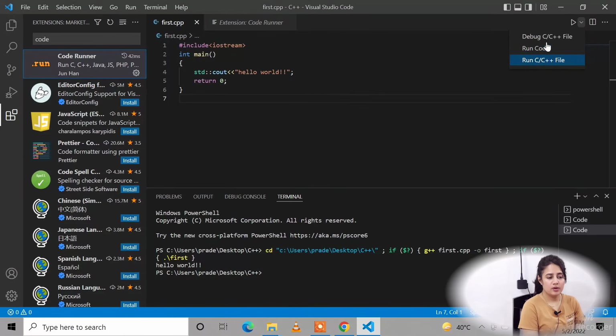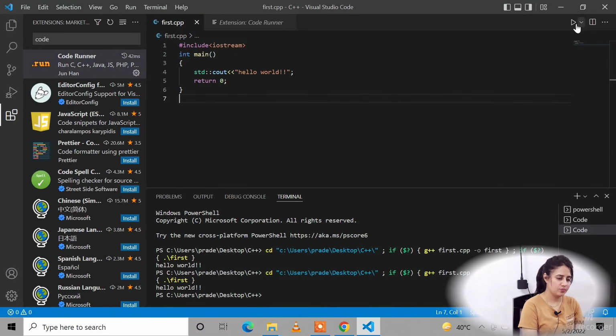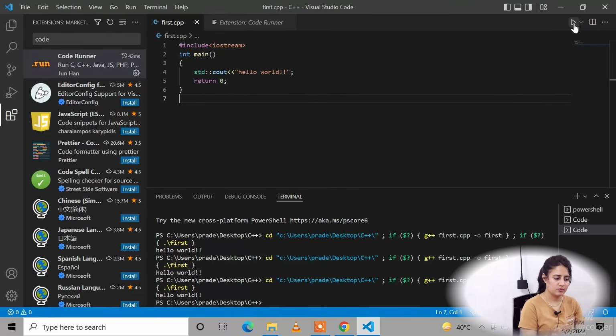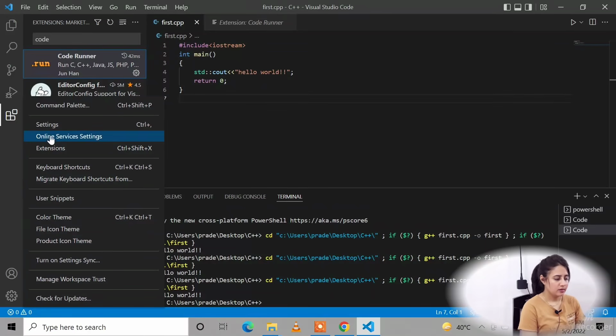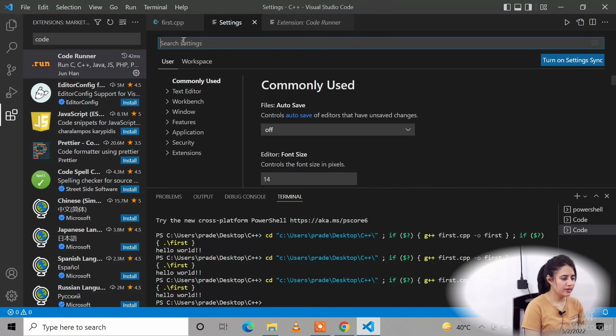Now at this time we have 3 options, debug, then run, and then run code. Simply run code, or you can directly click on this option. This is the magic of the Code Runner extension, right? Now I have already checked this option, like my programs are directly running in this terminal. Maybe you are not, so just go to settings, here in the corner, just go to settings, then